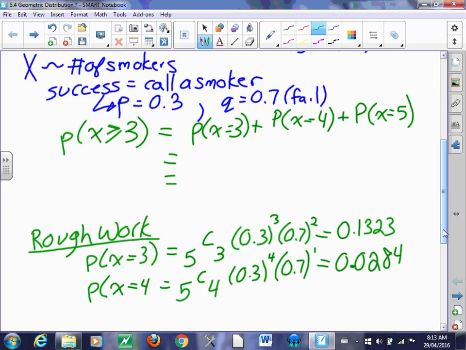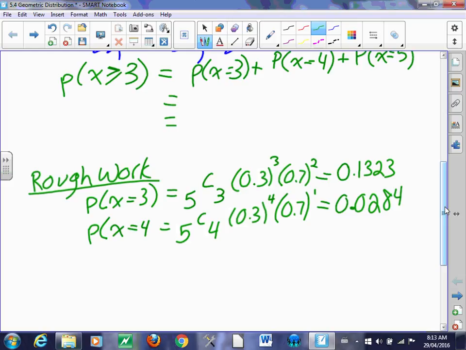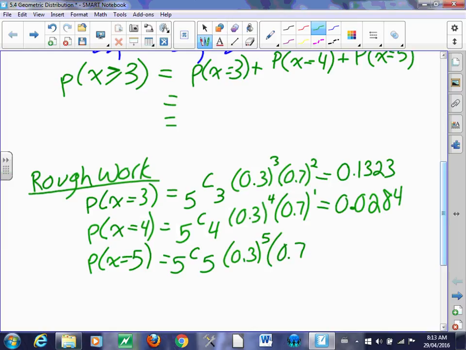And the last option, I apologize, I forgot a bracket there. My last option is X equals 5, which means out of all 5 callers, all 5 are smokers, which means 0.3 is raised to exponent 5, and 0.7 is raised to exponent 0. We know when we're calculating that that equals 1, so you're just calculating that out, right? Okay, and it's very, very small,